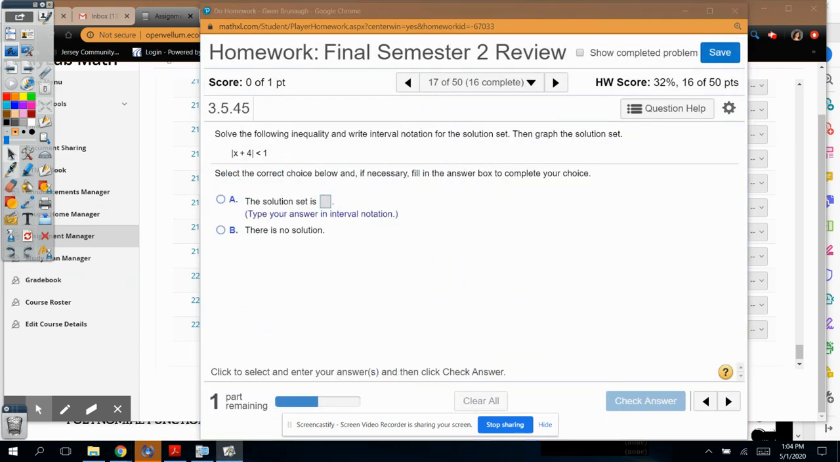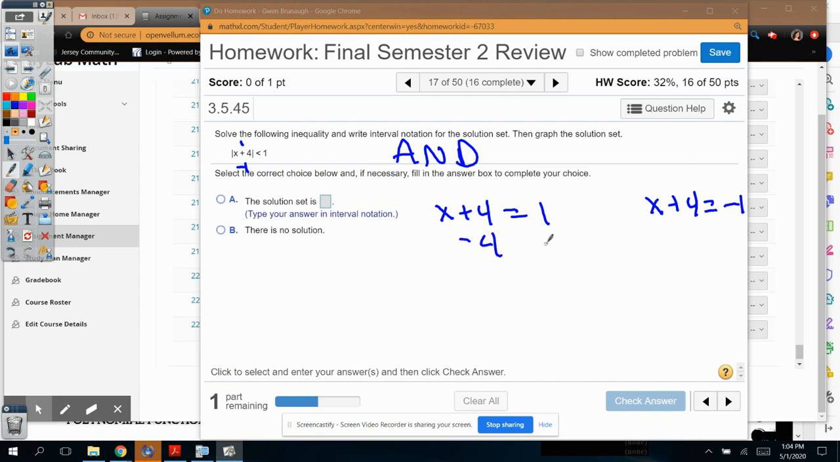Okay. On this one, this is an absolute value equation. And if you remember, if it's a less than, you're going to have an and. So that means inside of here, it could be a 1 or a negative 1. And we go with an x plus 4 equals 1 and an x plus 4 equals negative 1. We treat it like it's an equal sign. You subtract 4 on this one and you get negative 3, and you subtract 4 on this one and you